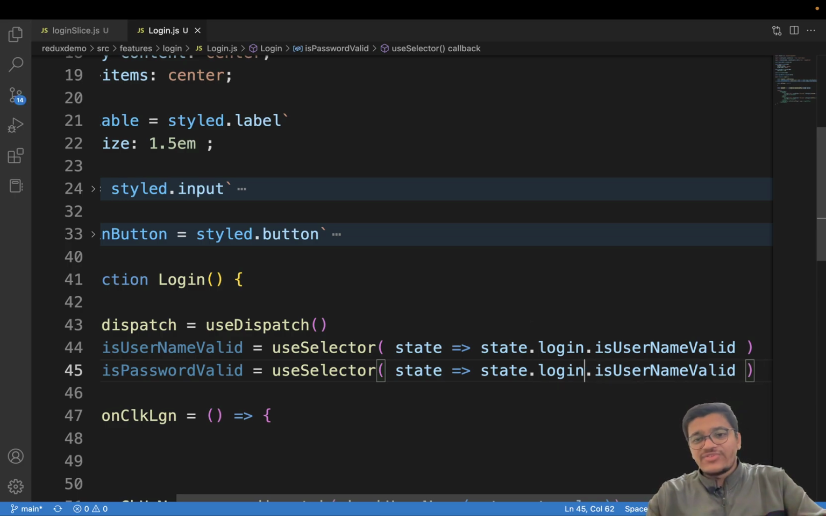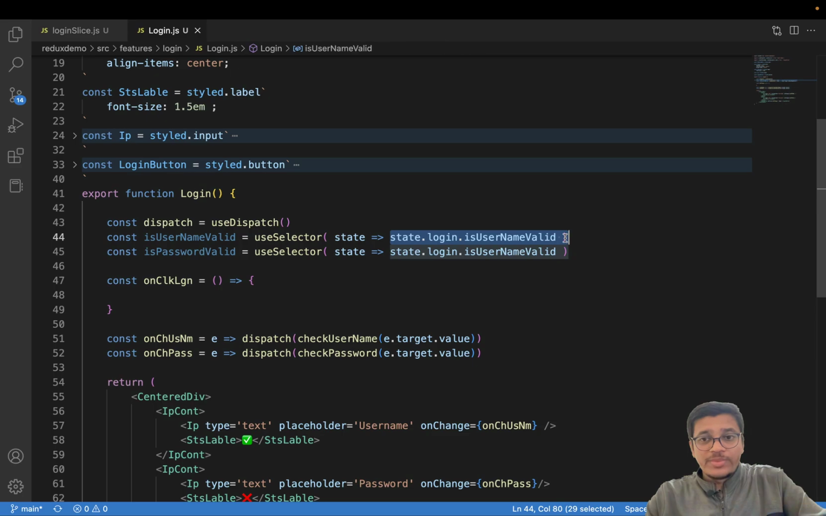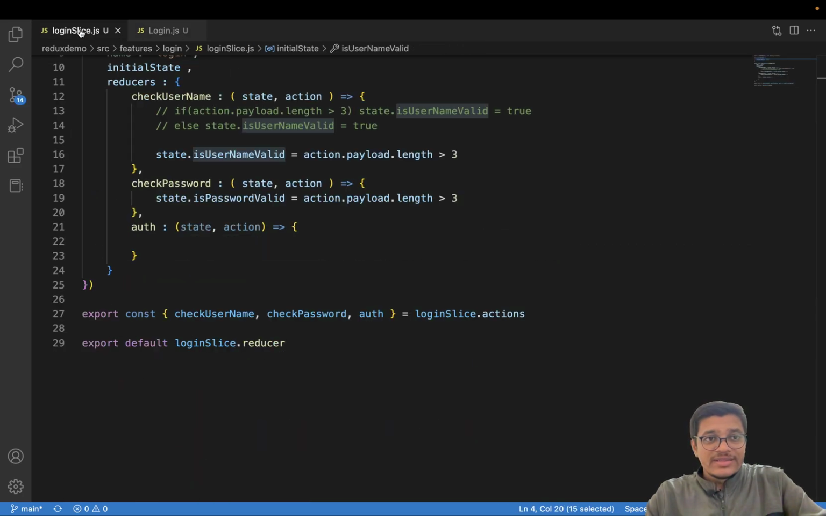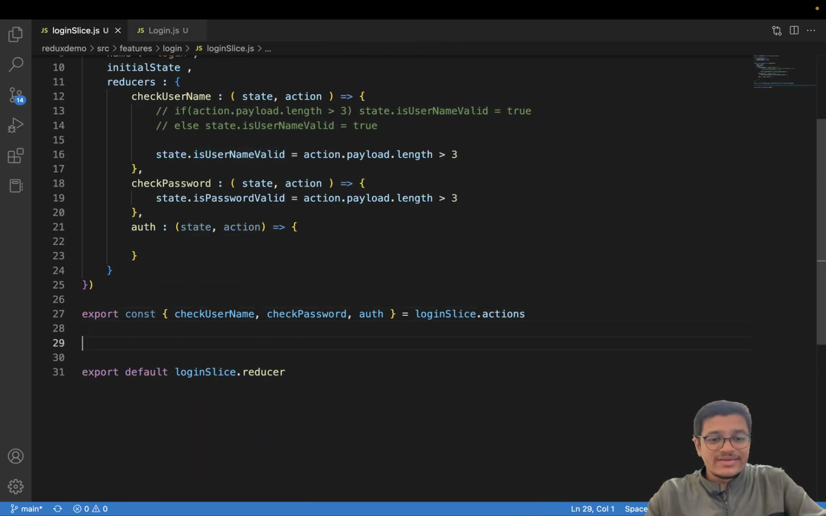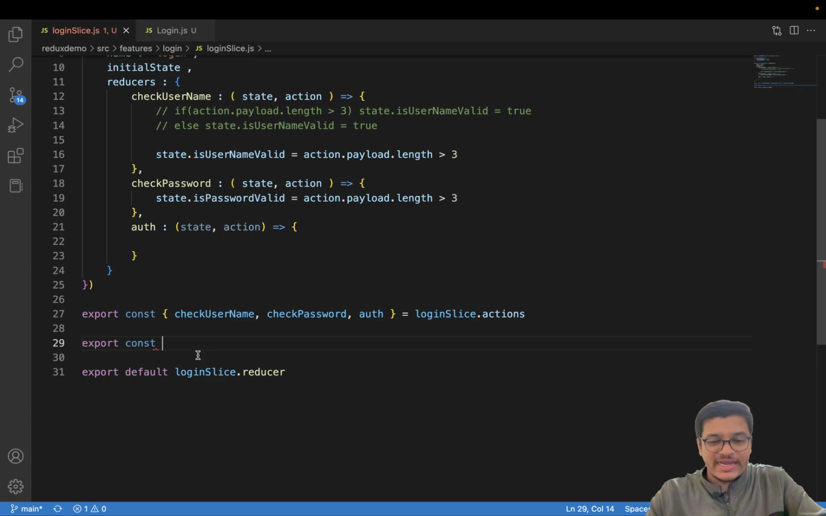So it is convention that this function should not be written over here. Well, you can write it over there also, but it's a bad practice. Whatever you have written over there, this function you have written inside a component, but it is a best practice that this needs to be written inside the particular slice only. So you can say select username